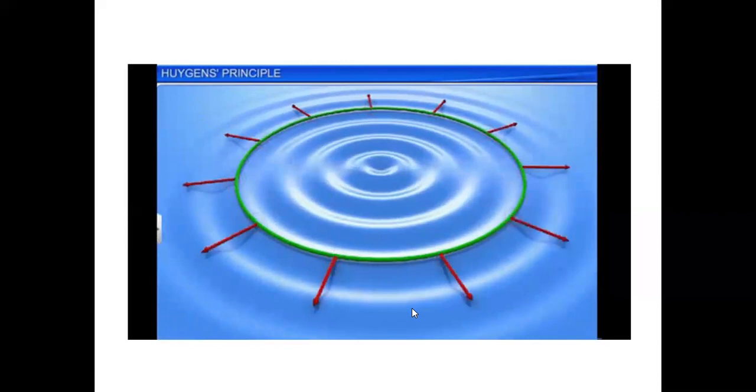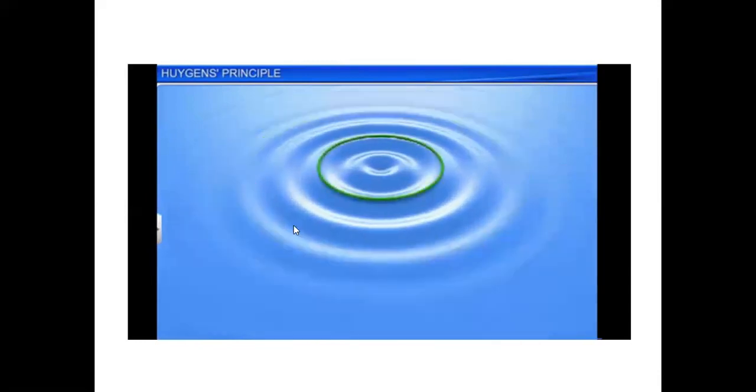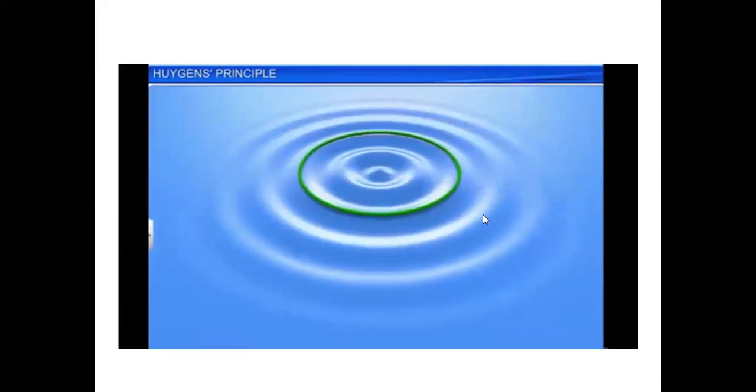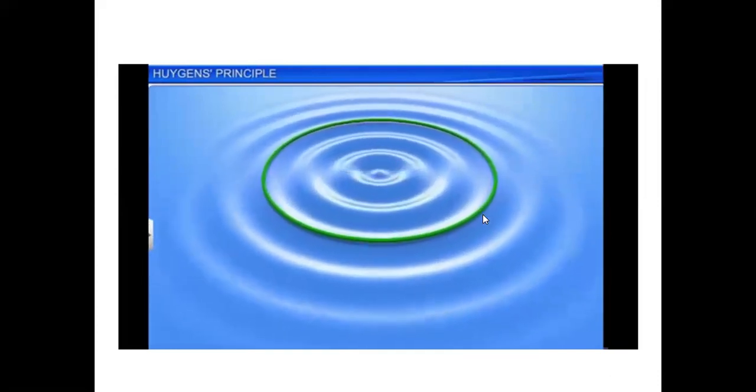So if you want to know in what direction the waves travel, you have to draw a normal to the wavefront. So the normal to the wavefront gives the direction of propagation of the wave, and you can call this a ray. In the case of light, you can call this a ray, the direction in which light travels, and this you can call the wavefront. Okay. Now, if you analyze it in much more detail, it will be like this.